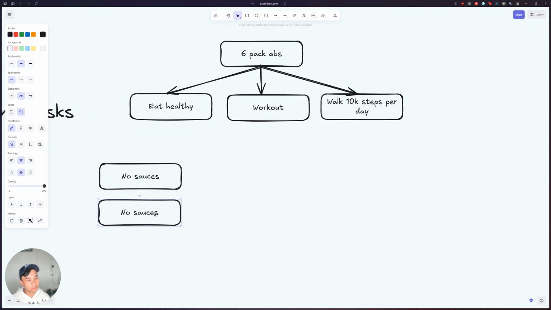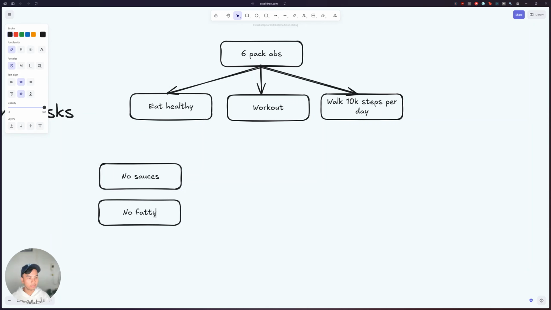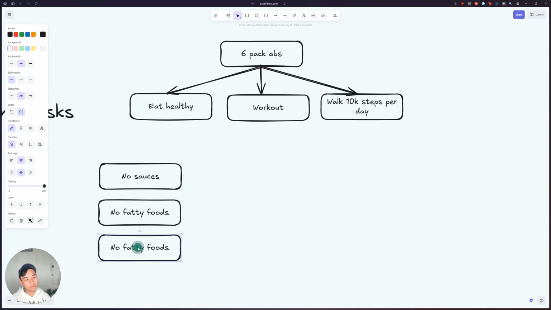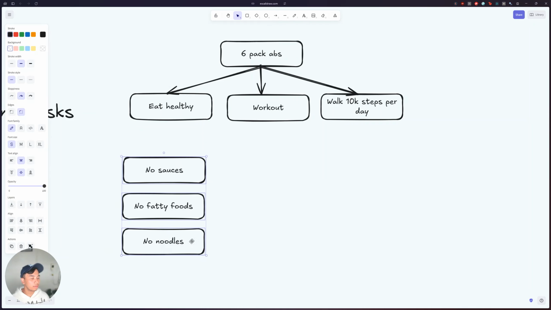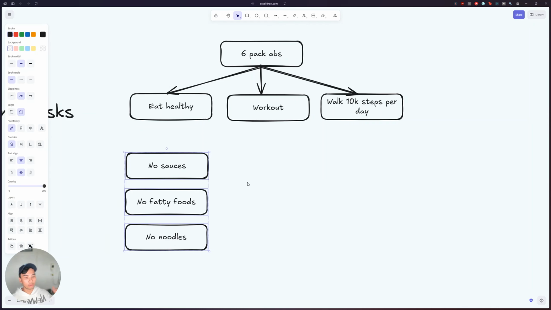That also means no fatty foods. That also means no noodles and so on. Like you can do this stuff over and over again until you're able to scope everything out, be able to list everything from the biggest goal to the smallest one.